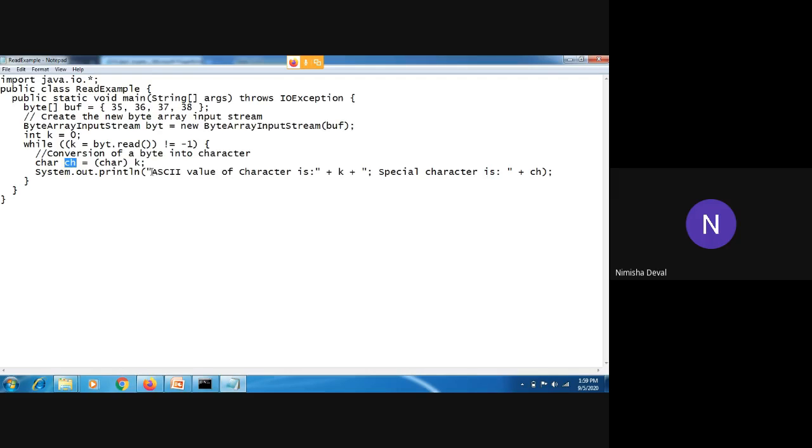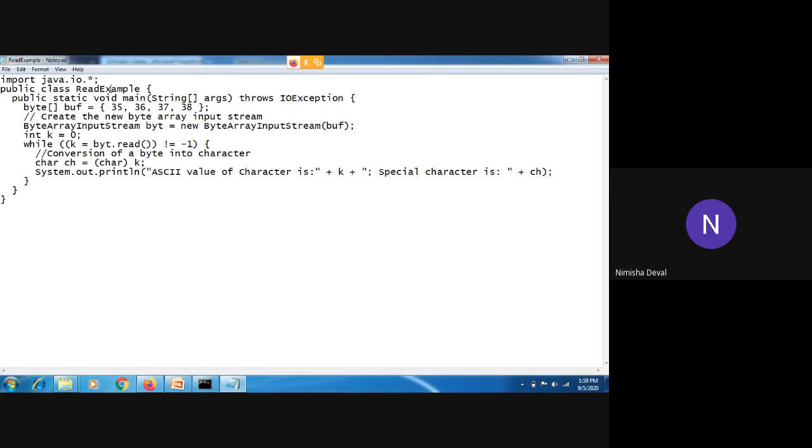And in that we have written one message: ASCII value of character. Suppose firstly 35 is there, and the special character which is present for 35 gets printed on the console. So this is a very simple program to take the input from the buffer, that is the byte.